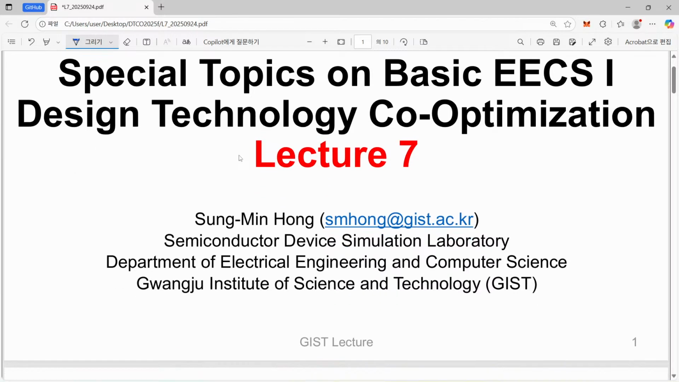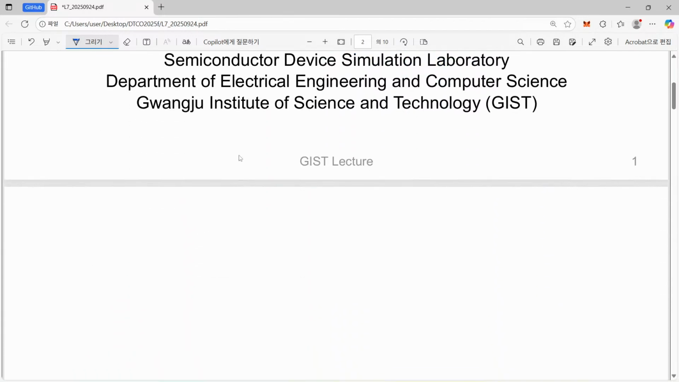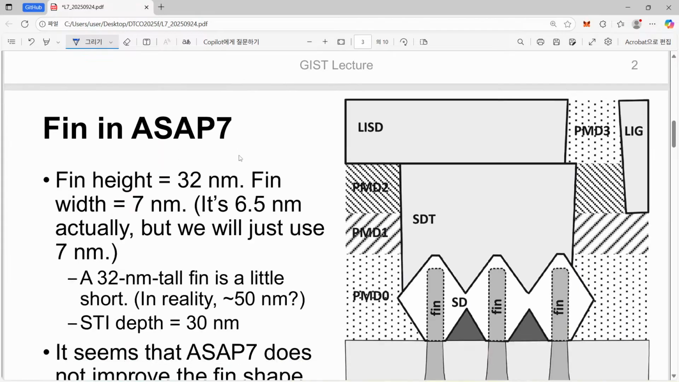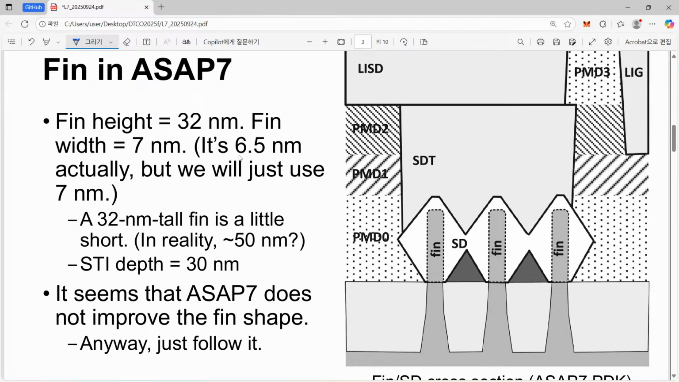Okay, it's lecture 7. Let's go to our lecture 7. This is the cross section of our FinFET assumed in ASAP 7. So maybe you can see many different structures, but for a while, just please concentrate on the shape of this part. So you can clearly see there are three fins, and when you have a look at these three fins,